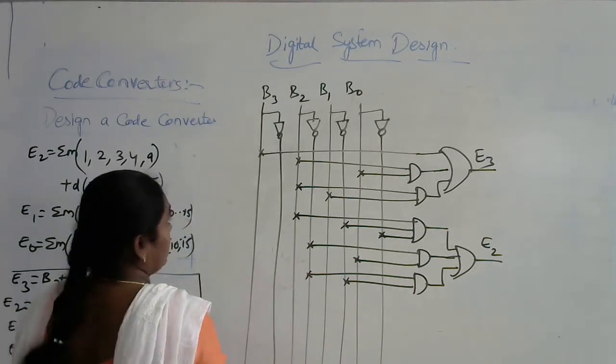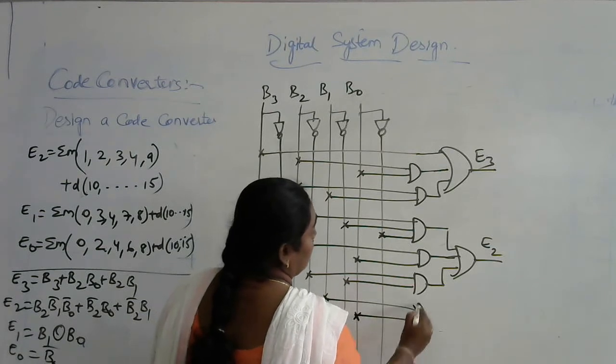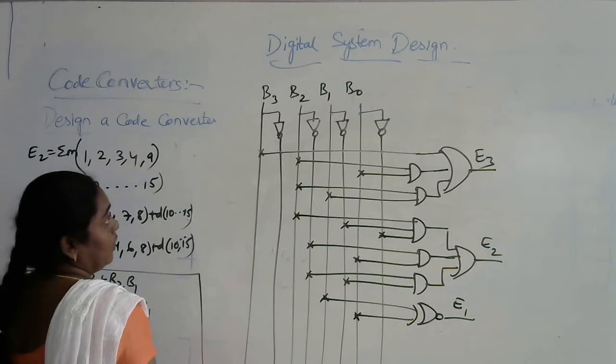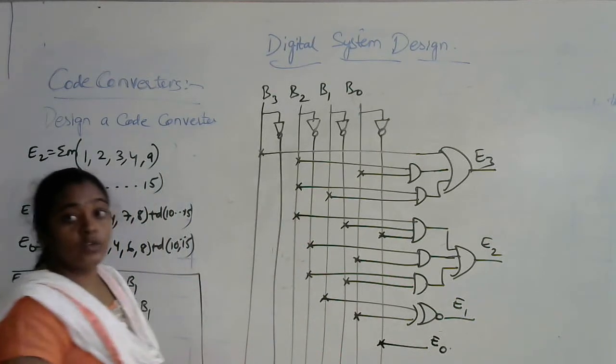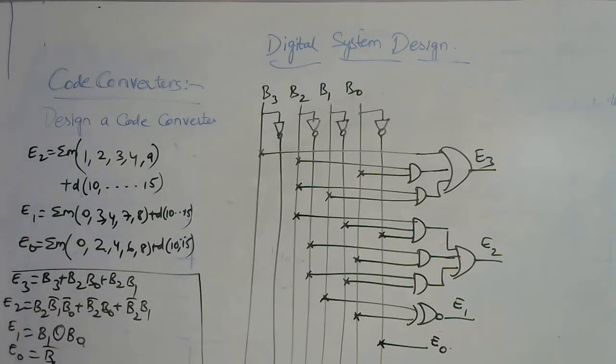Similarly for E1, B1 and B0. This is B1 and this is B0. Both go to an XNOR gate. This is for E1. And for E0, no need to connect any gate. This is directly B0, which is equivalent to E0. So this is the logic diagram of a code converter which will convert an input BCD code into an XS3 code. Similarly, let me do the next type of code converter which will convert a binary input towards